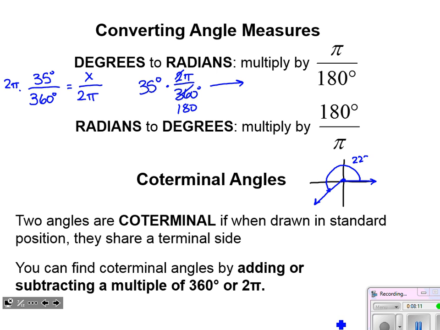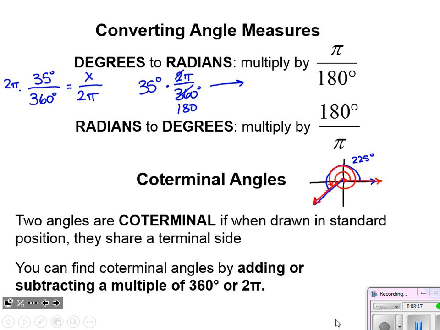So that's 225 degrees. Well, since we can rotate indefinitely, if I started on that initial side and rotated a full circle and then came around to that, I would end up with the same terminal side. It would essentially be the same product at the end. The clock hands just spun through an additional rotation. Just like 7:30 in the morning is the same clock hand position as 7:30 in the evening, we have coterminal angles that do that. We have the same ending position of the initial and terminal side.